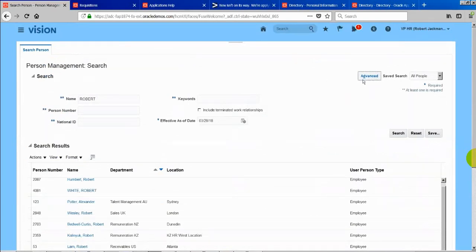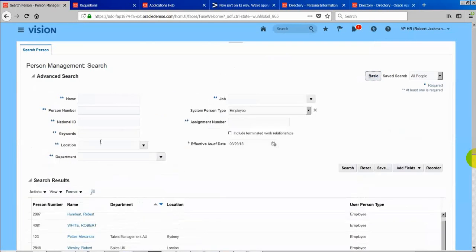And another beauty of this search is that we can save your search. Okay, let us think of a functionality. Same thing, let us say robot jockman comes to the screen, and whenever robot jockman comes to the screen, I'm going to advanced, maybe robot wanted to see all the people who belong to only some location, maybe Redwood City. He wanted to see all the employees who belong to Redwood City. That's what he wanted to see whenever this person comes into this person management page.